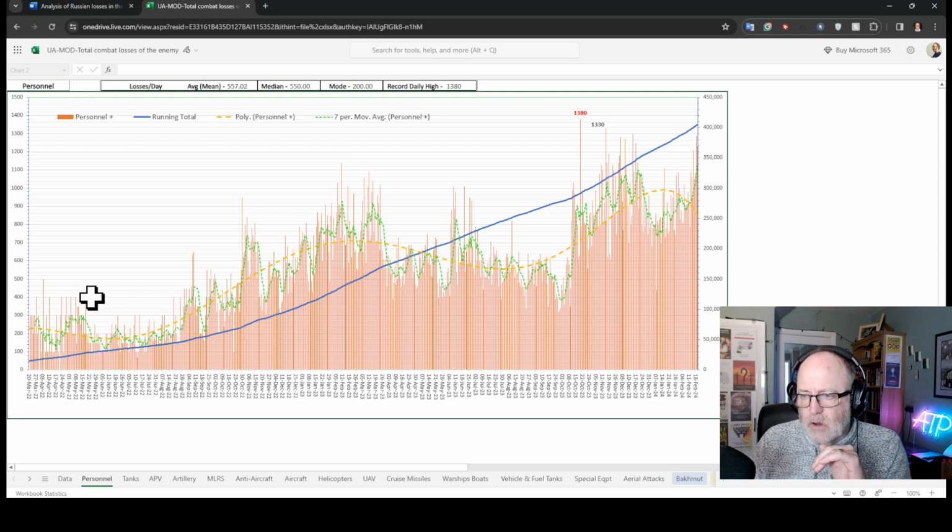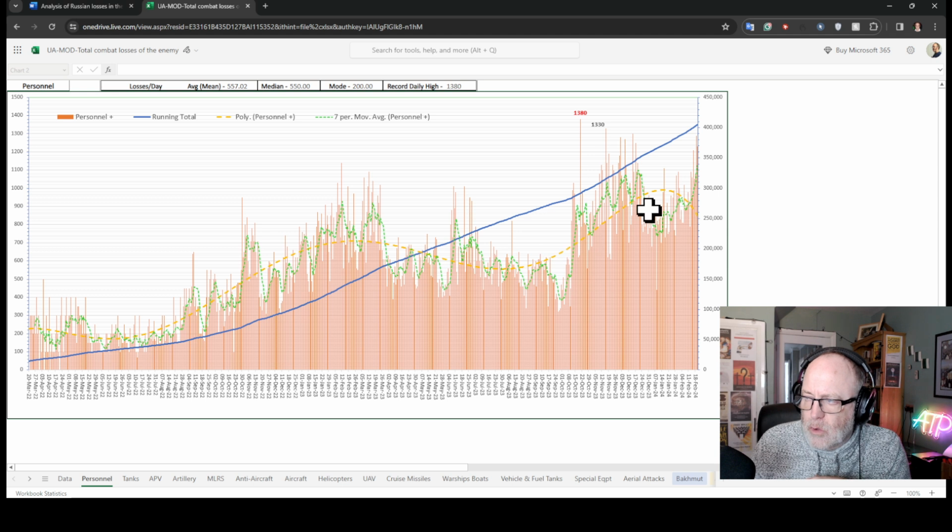Right, the losses came when you started getting things like Bakhmut taking place, when you started getting counter-offensives taking place, like the Kharkiv counter-offensive that took place in August, September, if I remember correctly, and then later the Kherson counter-offensive around here. But this will also be underwritten by losses in Bakhmut as well, because they were staggeringly large losses. And then this time period here will be largely underwritten by activity in Bakhmut that took quite a long time.